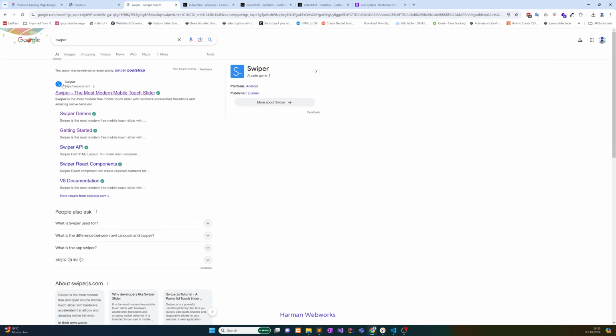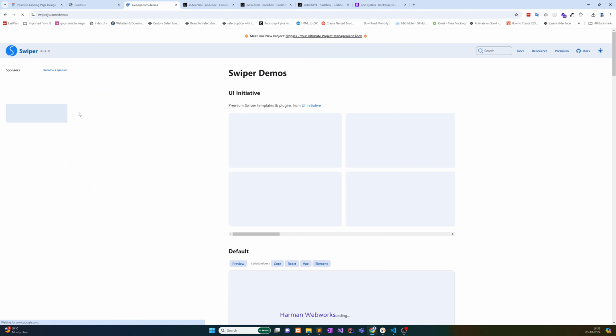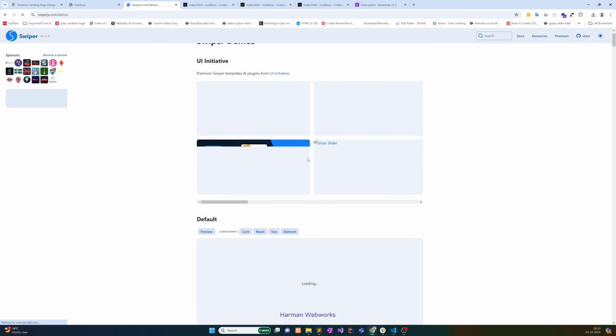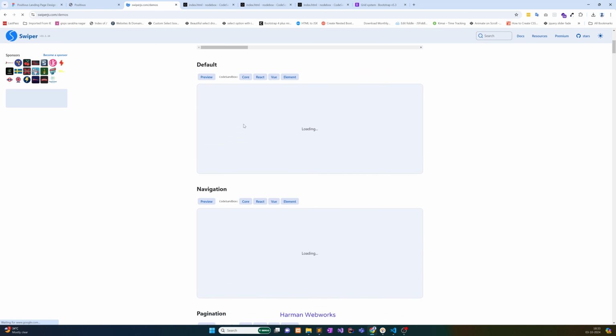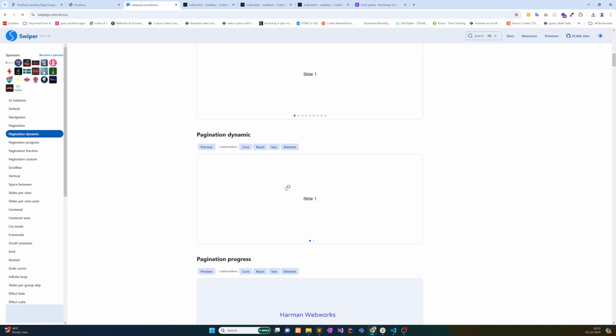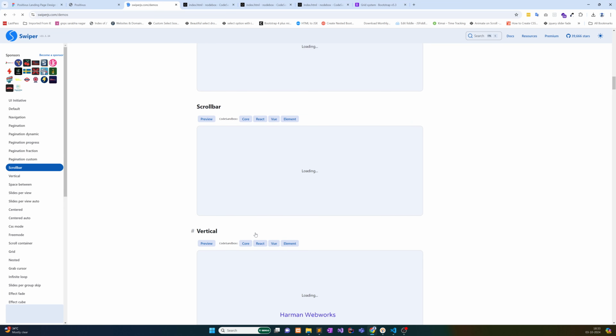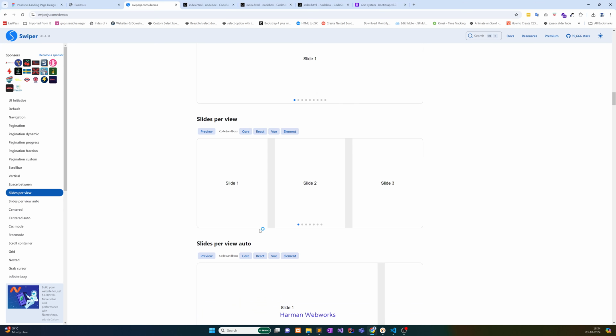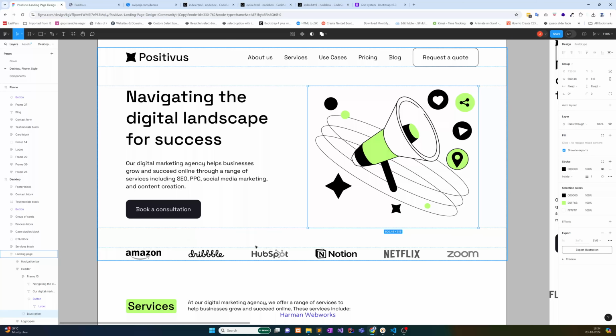Now for this logo slider, we will use the Swiper slider. Search for Swiper. You will see this at the top, Swiper demos. When you click on Swiper demos, let me show you. Here you will see different demos provided by Swiper. Here is the default carousel with navigation, pagination, dynamic pagination, progress. There are different options you can use as per your requirement. We will use this slides per view because we need to show 6 slides, 6 logos